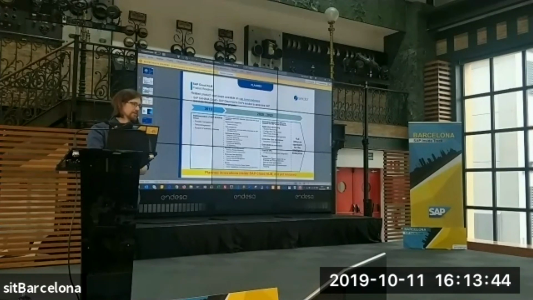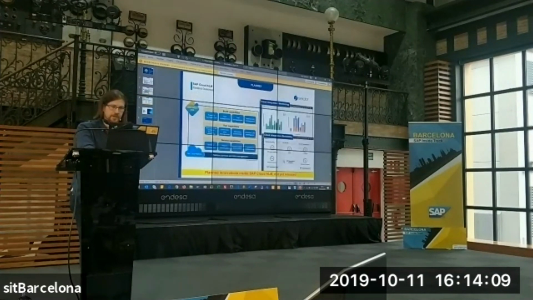People think that Solution Manager on-prem is getting cancelled or removed from the SAP portfolio, but it's not. The Solution Manager on-prem version has been extended and is going to be enhanced at least until 2025 with new releases.